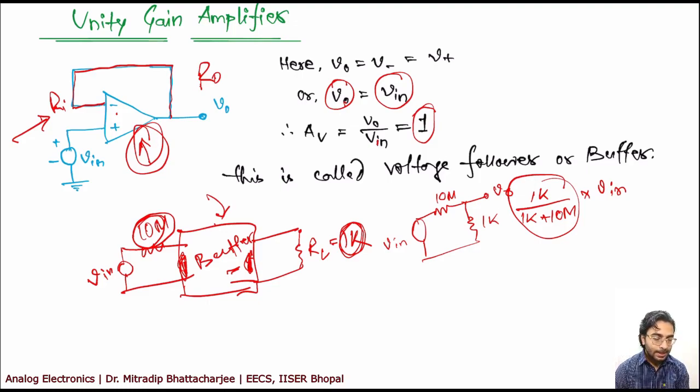Okay. Or in certain cases, you will find if your load is very low, it will drive a lot of current, because R is less, as I have shown in the R2 by R1 cases. If your R2 and R1 are very small, it will drive a lot of current. It will extract a lot of current from the source. In such a case, some people put a unity gain amplifier so that they can minimize the effect of that small load.